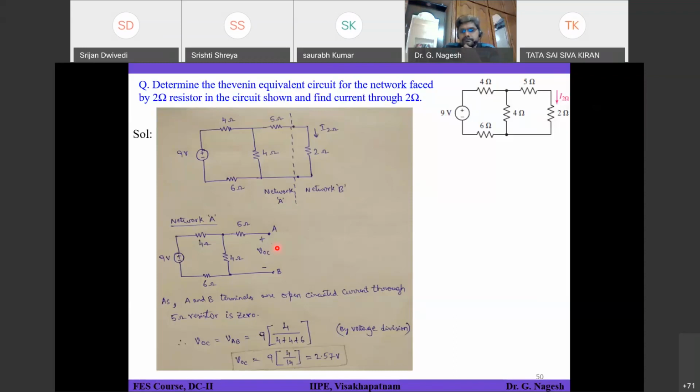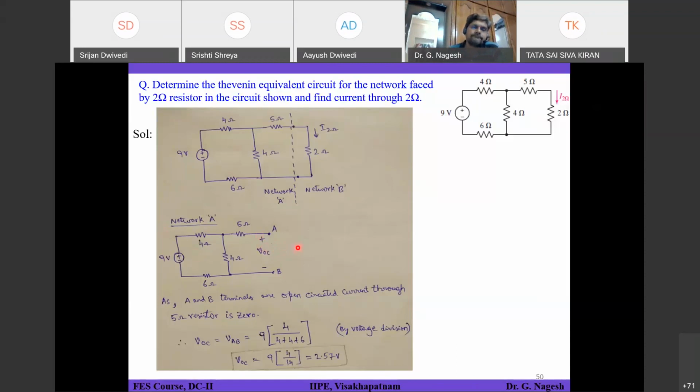55 by 7, sir. So what is that value approximately? Maybe 7 sevens are 49 and something, 7.8. Okay, 7.857. 7.9, sir. Okay, 7.9. Let's see how you have done.